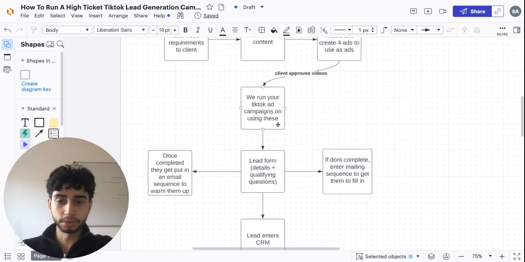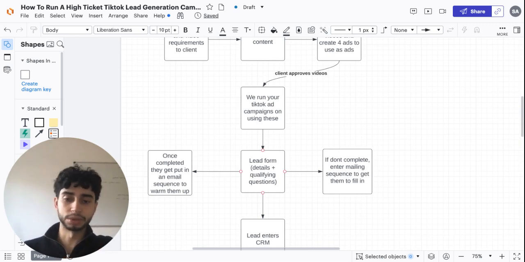So you'll run the ads, and then the users will see your ad, and they'll fill out the lead form. They give their details, so name, email, phone number, how they prefer to be contacted, along with some, and this is a very important step, some qualifying questions. For us, we're running an Invisalign campaign for a client at the moment. So they have some qualifying questions, such as